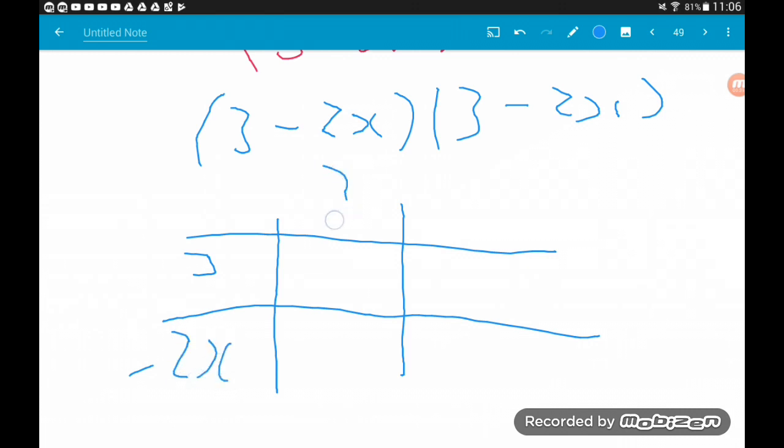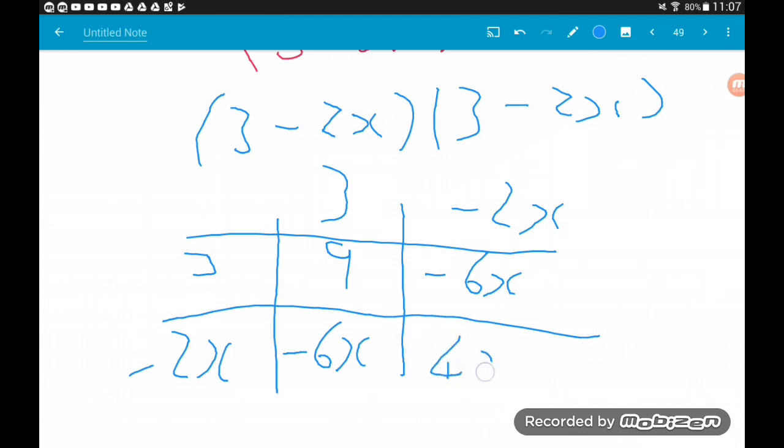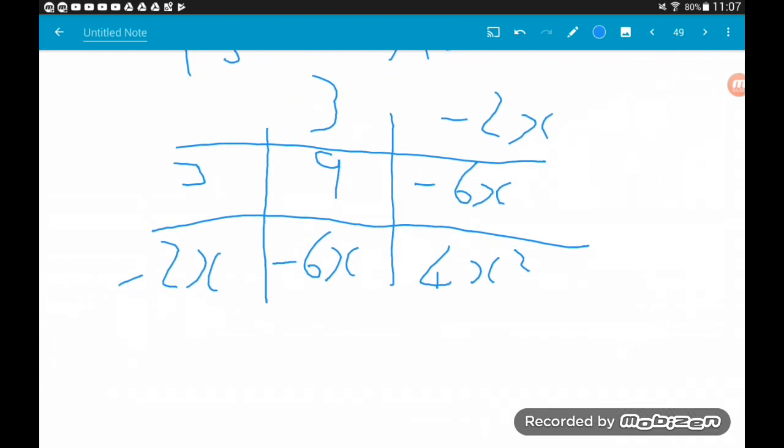I think it's the clearest way to set things up. So, 3 times 3 is 9. 3 times minus 2x is minus 6x. Minus 2x times minus 2x is positive 4x squared. So we're going to get 4x squared minus 12x